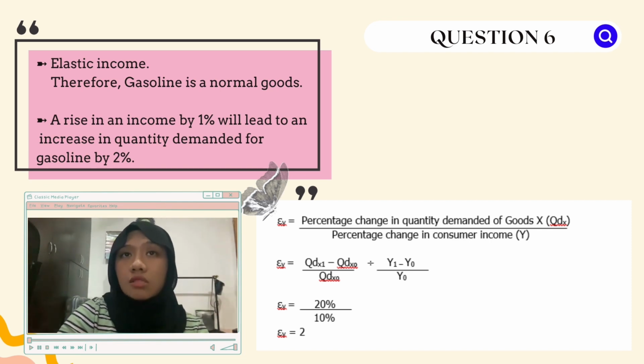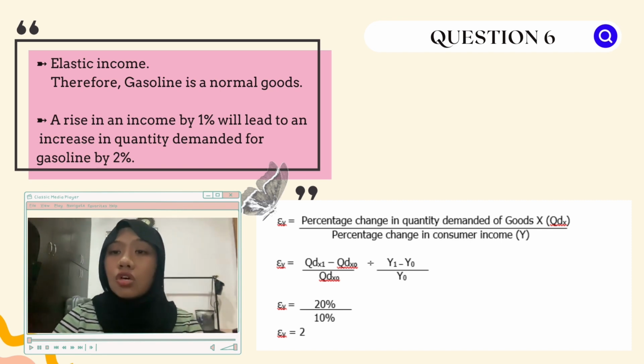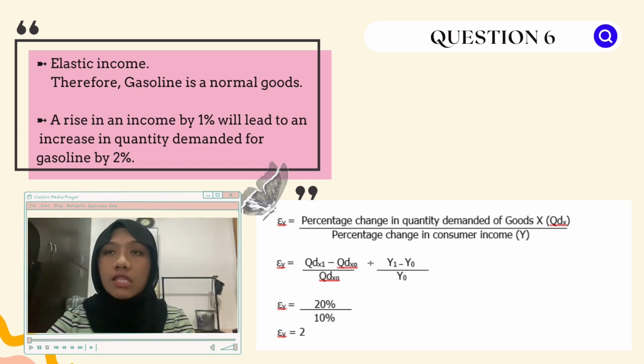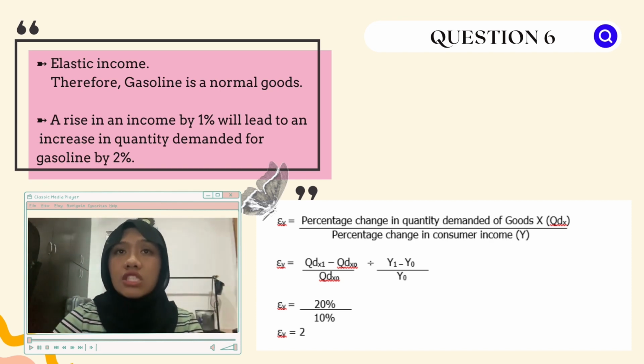The question is, suppose incomes increased by 10% and gasoline consumption increased by 20%. Calculate the income elasticity of demand coefficient for gasoline and identify if it is a normal good or an inferior good. So the formula to calculate this is percentage change in quantity demanded of goods X over percentage change in